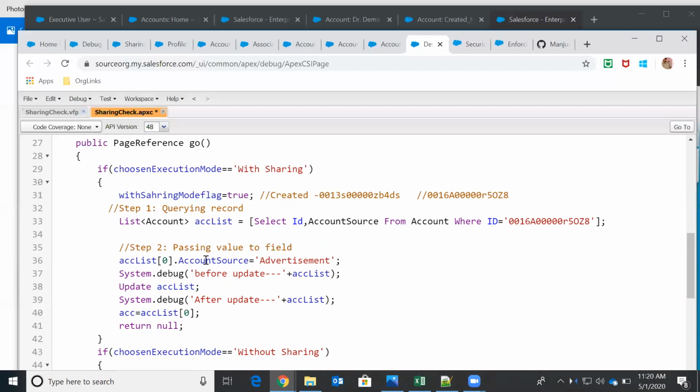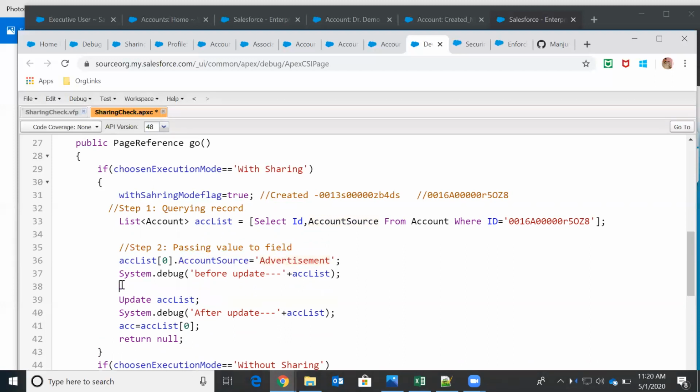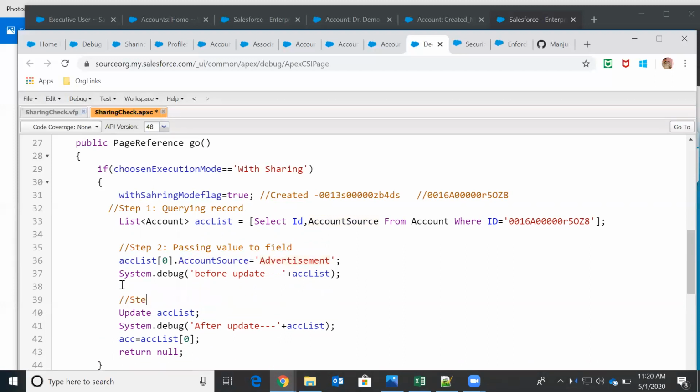This account source is a field, its type is picklist, and I'm passing some value to it. And step 3 is that I am performing a DML operation. So these are the 3 steps.